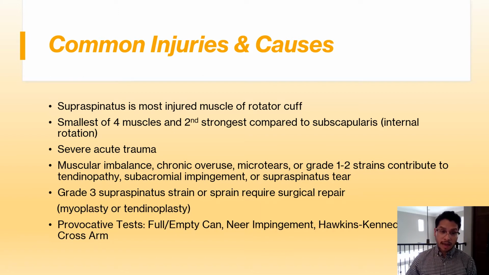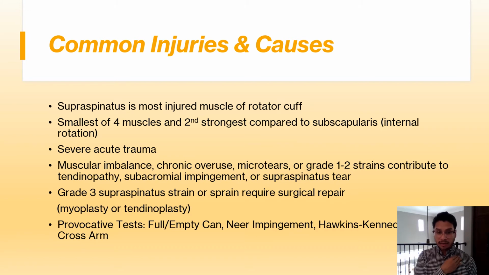Some injuries can happen through severe acute trauma, such as the impact from a motor vehicle accident, or falling from a high position, like falling off a ladder or a high surface or chair, falling directly onto the shoulder can impact the shoulder joint structure and the soft tissues that support it. So that's one way that you can have a major injury to that area, but most commonly, injuries